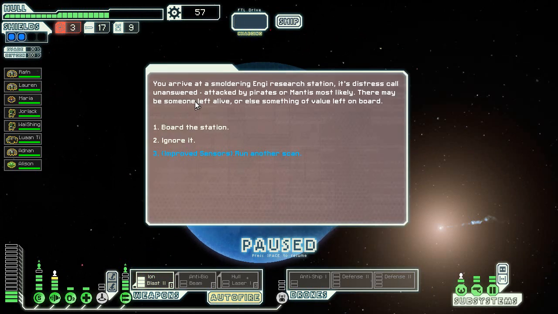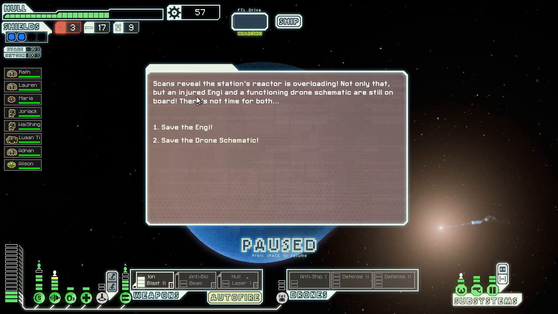You arrive at a smoldering NG research station. Distress calls unanswered, attacked by pirates or mantis. There may be someone left alive. Improve sensors. Run another scan. Okay. Scans reveal the station's reactor is overloading. Not only that, but an injured NG and a functioning drone schematic are still on board. There's no time for both. Okay, so this one...